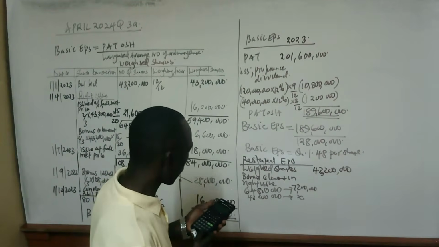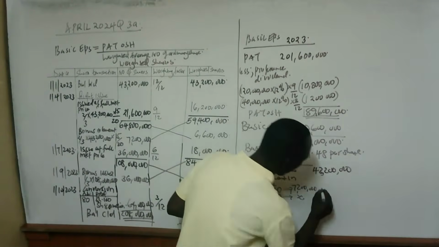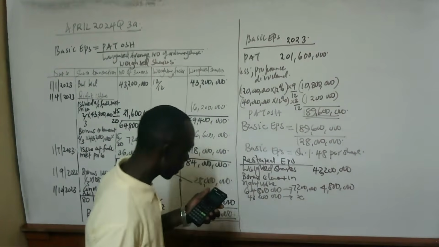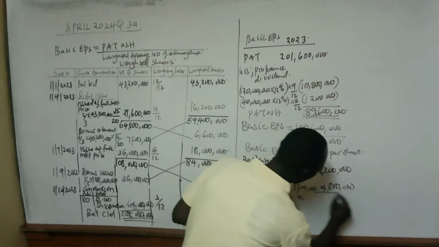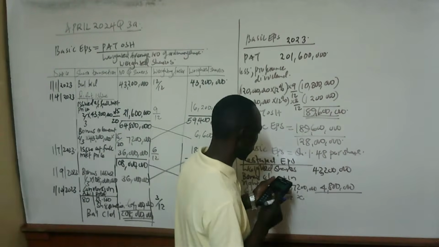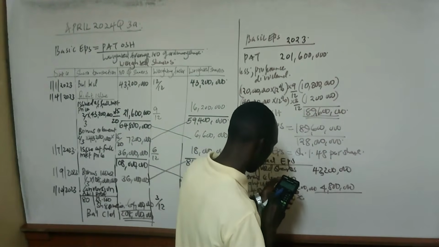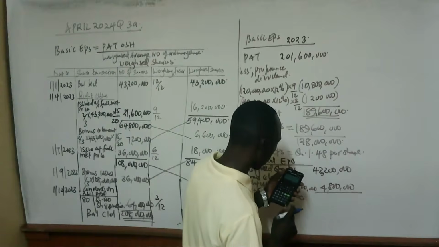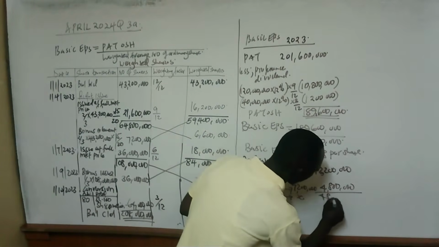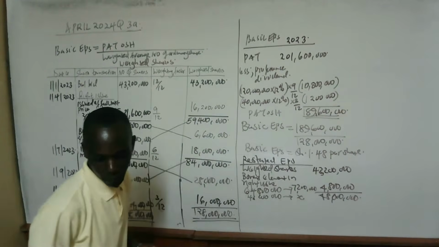64,800,000. And therefore, in this case, we are going to get 4.8. So here we have 4.8 what? 4.8 million. Once we get 4.8, first we get the total because we have the bonus issue here. So the total will be how much? The total will be 43,200,000 plus 4.8 million, and therefore you are going to get a total of how much? A total of 48 million. So we have 48 million here. Once we get the 48 million,